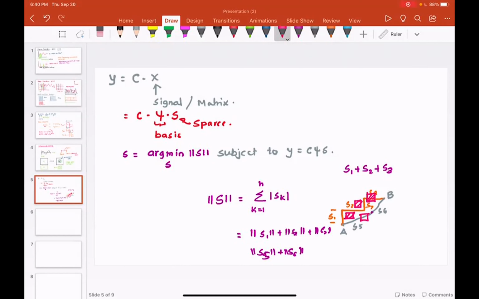What is C? C is actually what you do. Once you have the path, you have to walk on that path, right? So think about C as telling you that even though you have a path, now what you do is follow 3 steps along S1, follow two steps along S2, follow 4 steps along S3, and so on. So finally, when you solve that optimization problem, you exactly know how to go from point A to point B, and that is the problem that we are trying to solve.